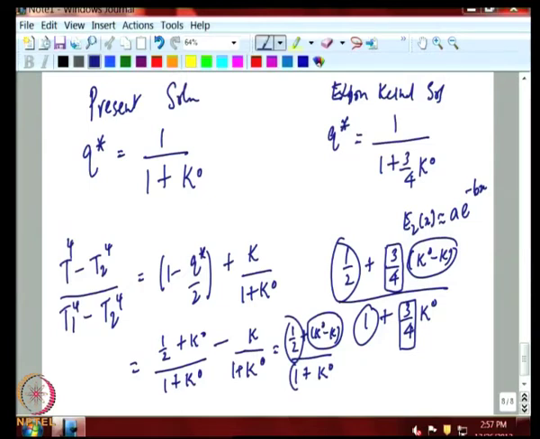Now, to highlight this point of view, we will adopt another method wherein we will solve the same problem by a slightly different approach, which involves making a slightly different approximation to the